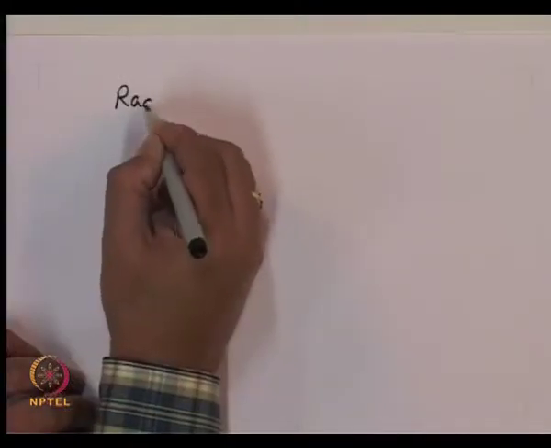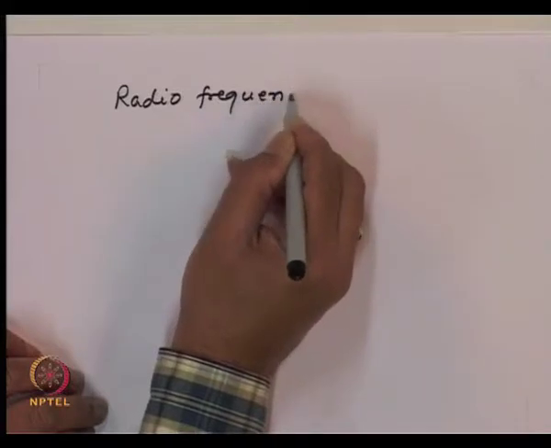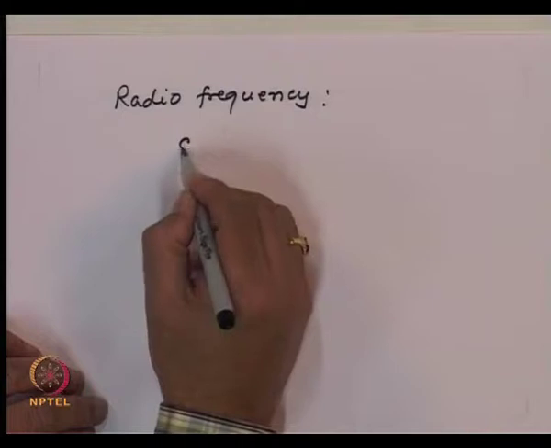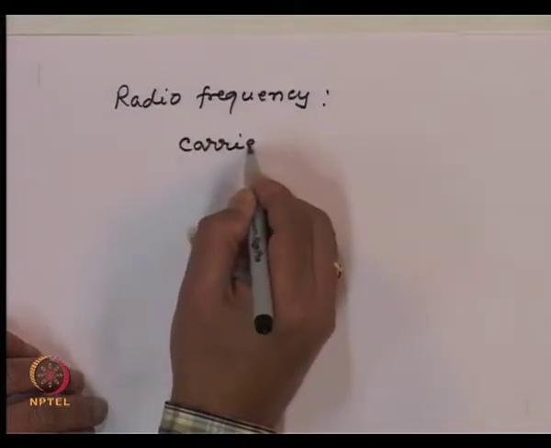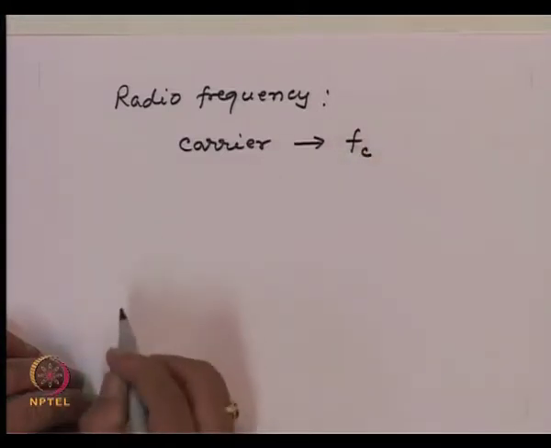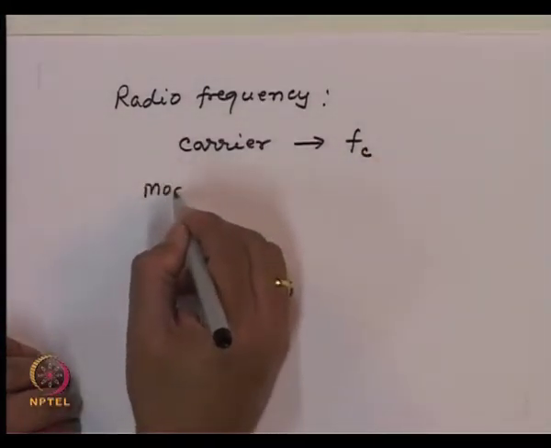So, at radio frequency, if I consider a signal, if I have a carrier frequency, which is given by, let us say, some f naught or fc,